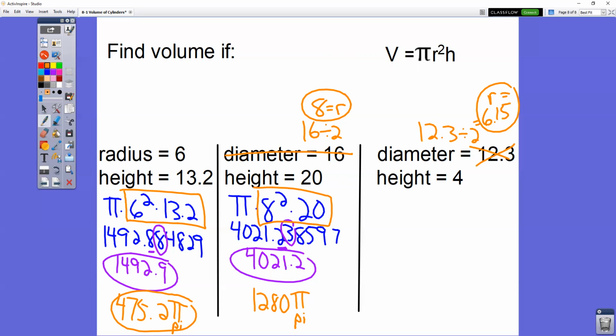So that is what your questions look like today. Again, be very careful whether you are rounding to the nearest tenth or leaving your answer in terms of